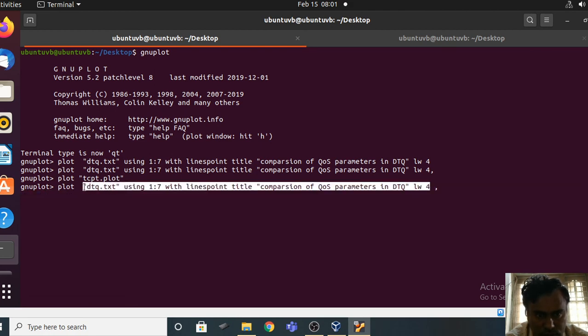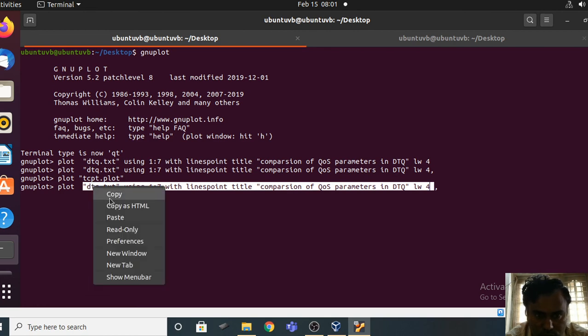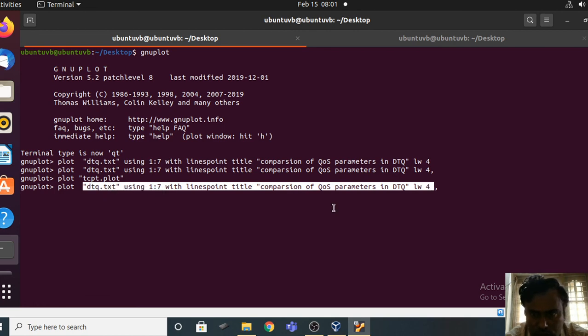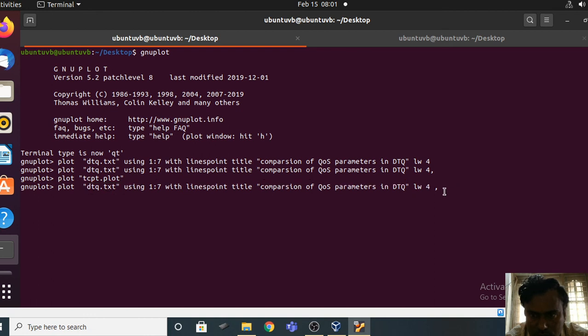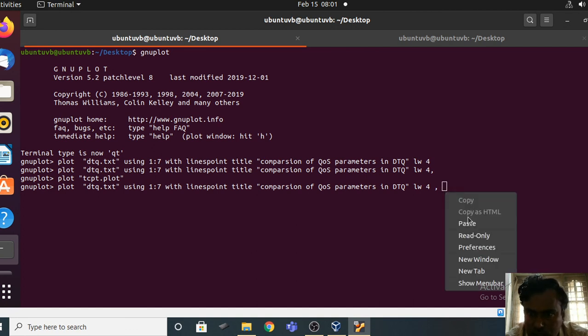So same thing, right? Just right click, copy, and then at the end again, right click and paste.